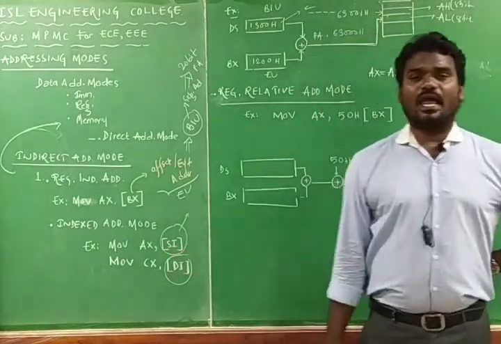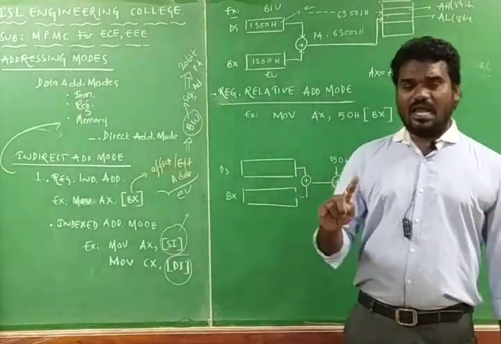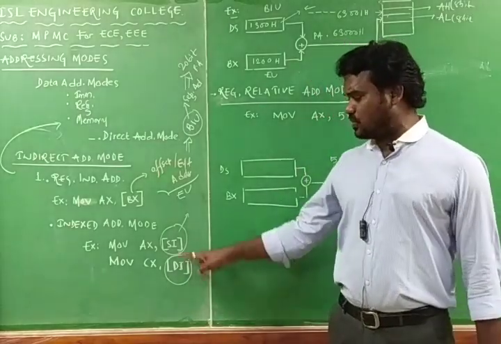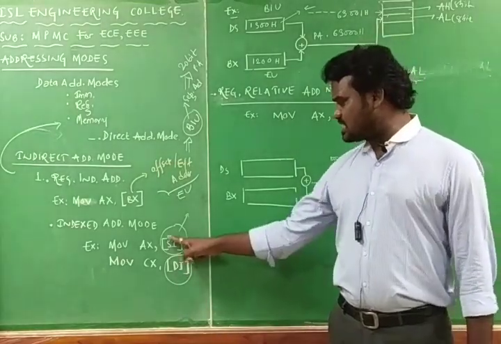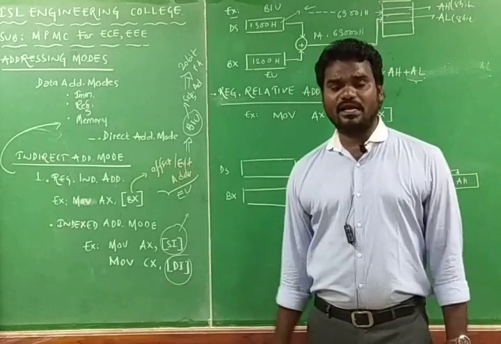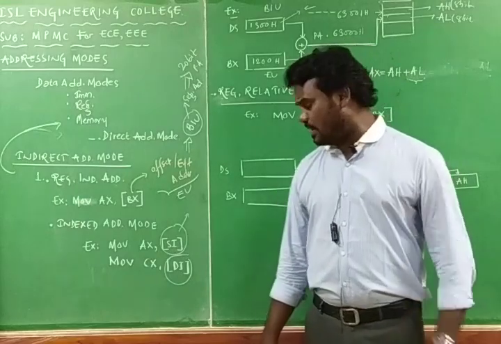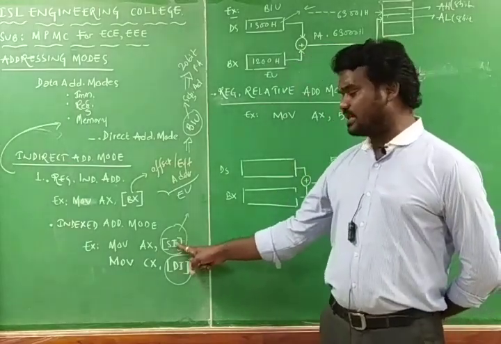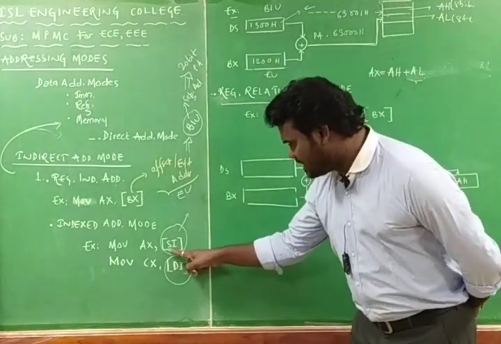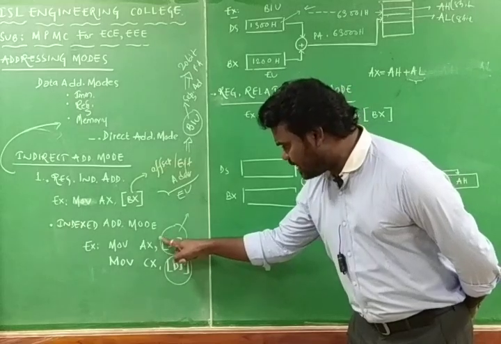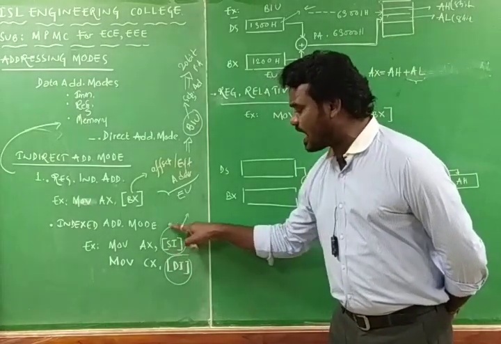As we discussed, the 8086 microprocessor has 14 16-bit registers, in which one class of registers is called the index registers. There are two index registers, the source index register and the destination index register, and these registers are represented with square brackets. Whenever brackets are there, we should understand that it is specifying the offset address. Now this is a 16-bit register, specified with brackets, so this register holds the offset address.